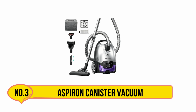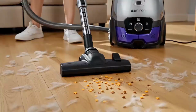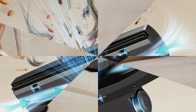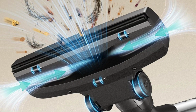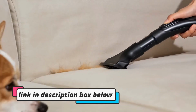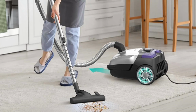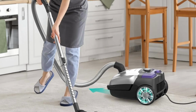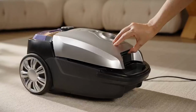The Aspirin ASCA040 canister vacuum is a thoughtfully designed cleaning solution that combines powerful performance with everyday convenience. Its strong suction easily handles dust, dirt, pet hair, and household debris across hard floors, low-pile carpets, upholstery, stairs, and other common surfaces. The adjustable suction control allows you to tailor cleaning power for delicate or demanding tasks, improving efficiency without damaging surfaces. A high-capacity 5L dust bag minimizes frequent replacements, making it ideal for larger homes and extended cleaning